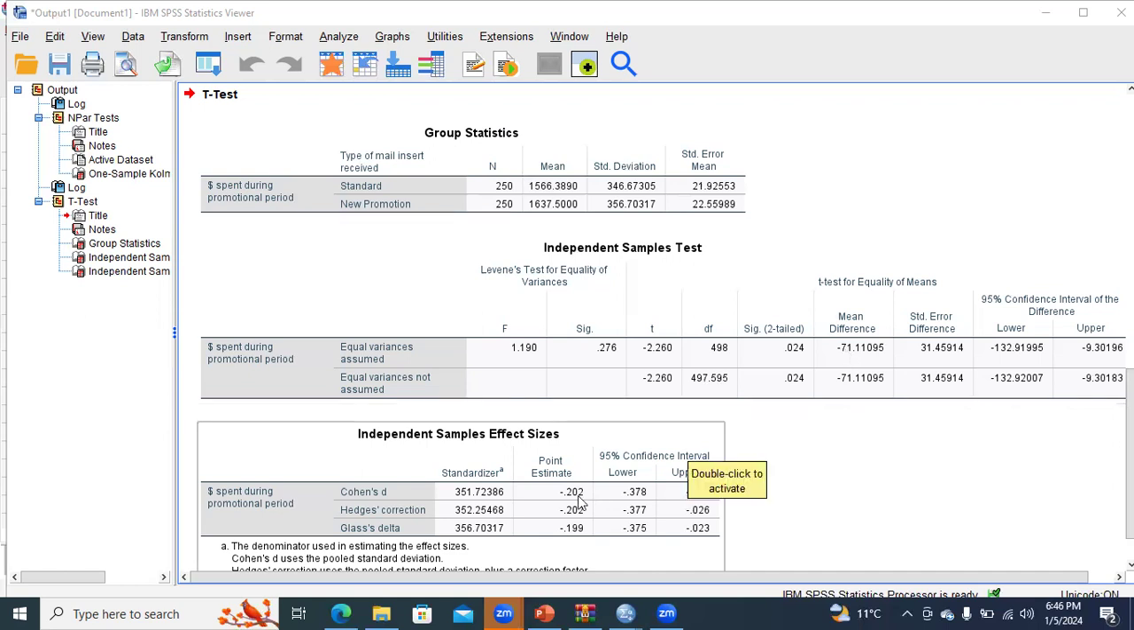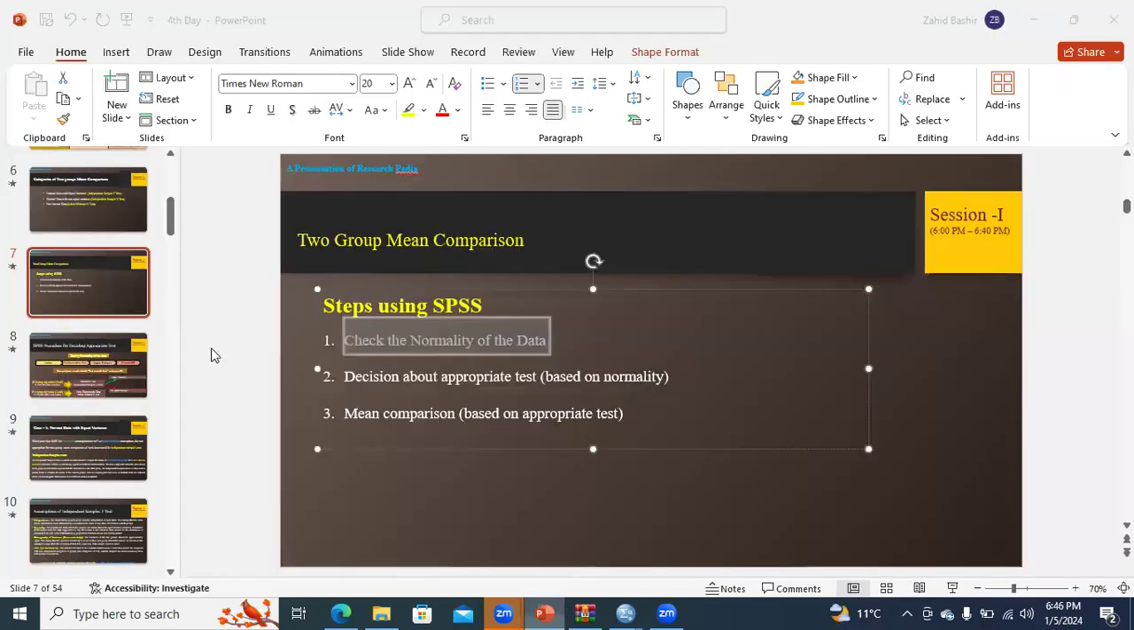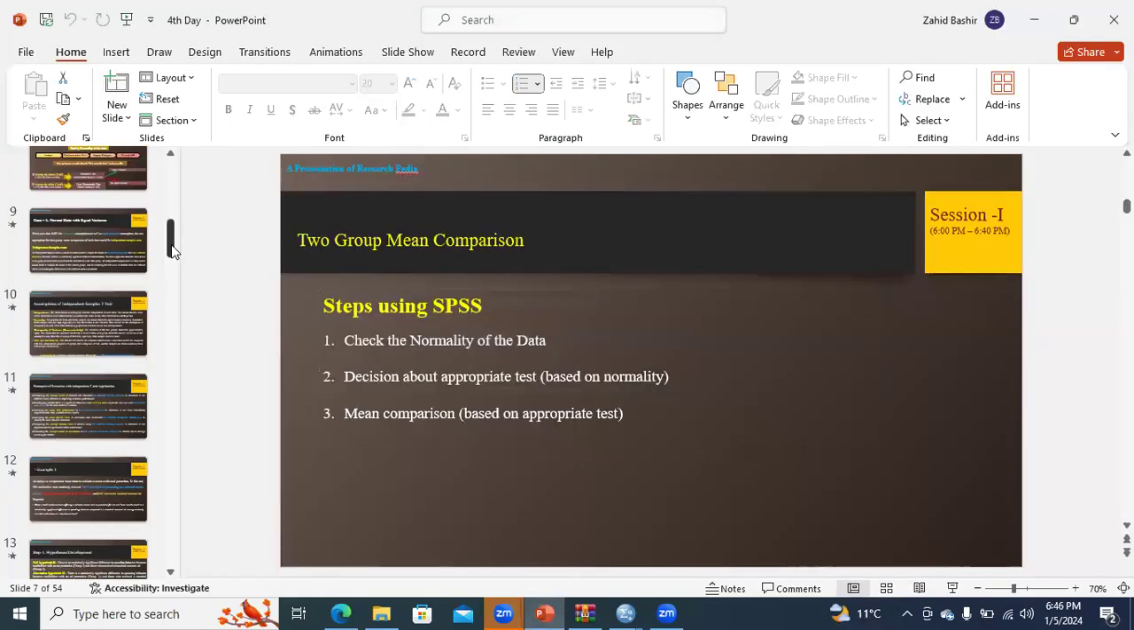You can take it. And the third table will show you the effect size of your analysis. You need to concentrate on Cohen's d, that is the point estimate, and you need to note down the value. I will share the table related to the guidelines of effect size. All right. So I have also provided you an example dataset file of